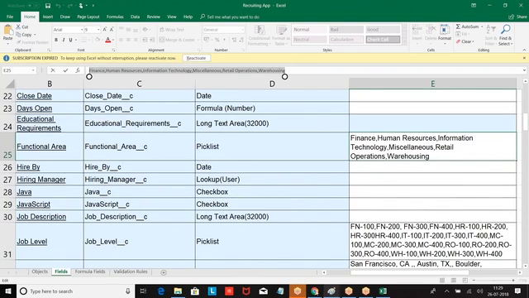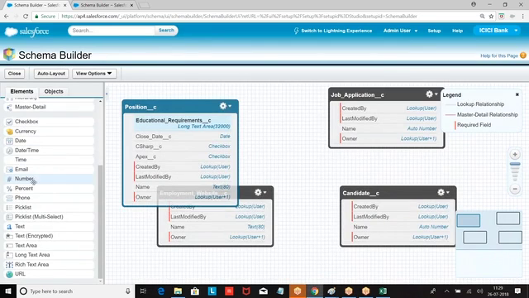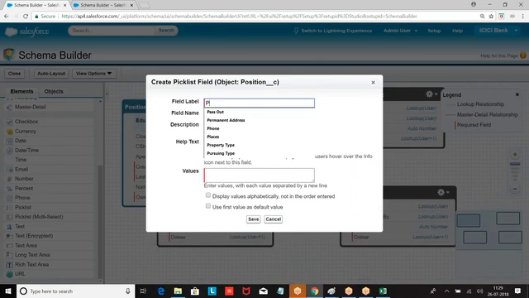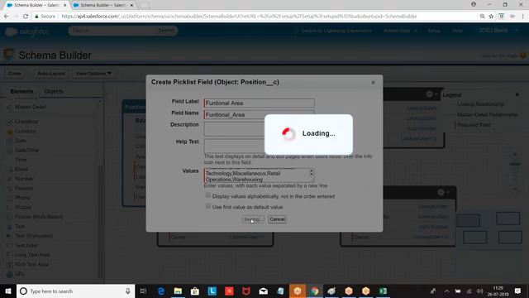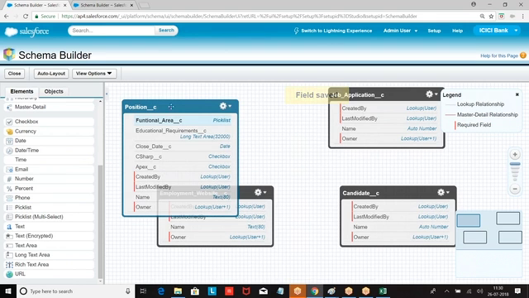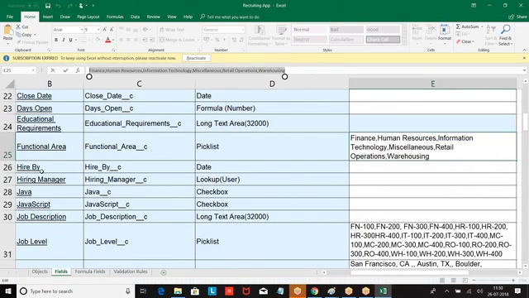Functional area. Then we had the next option, hire by date. Then JavaScript, hire by.